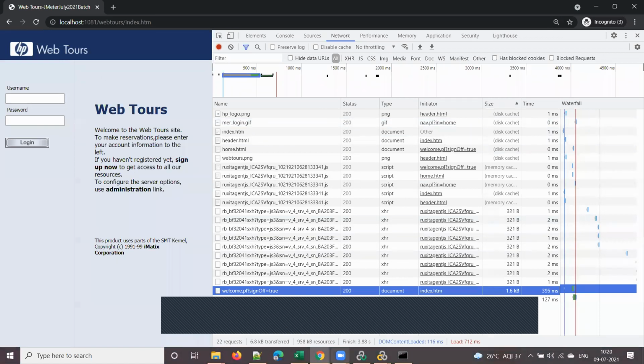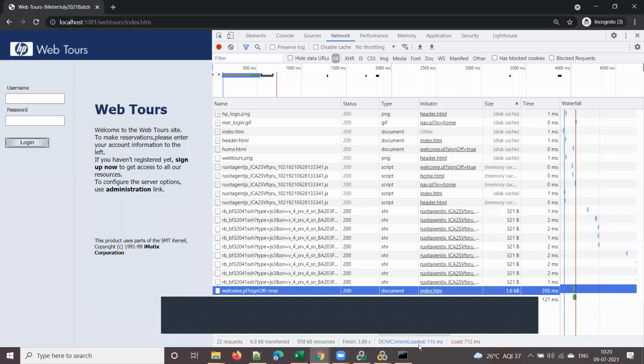Browser will take some time, right? That is called DOM content loaded, right? To load the page for you, to load all the components, it took 160 milliseconds. That is called DOM content loaded time, right? DOM stands for document object model. If someone is interested, you can note it down if you are taking running notes. DOM stands for document object model. Okay, those are all HTML basics, guys.